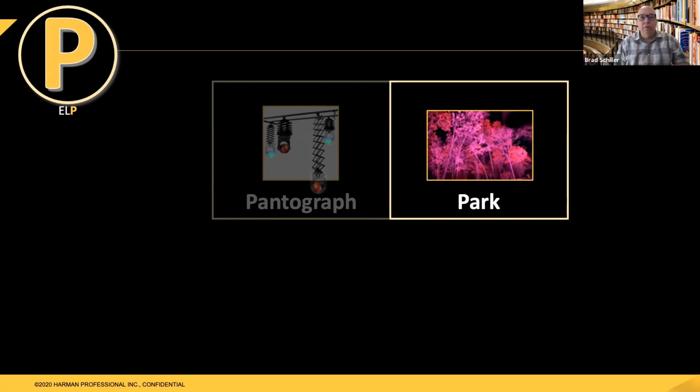Park is very useful in many different ways throughout productions. You might park the hazers on, or you might park various things from time to time. It's also very important, if you're operating a desk, to know what is parked and how to unpark. Make sure you know that, because if you've accidentally parked something, or if that person over there stage right is finished, you want to unpark it so that light goes back to doing what it's been told to do.